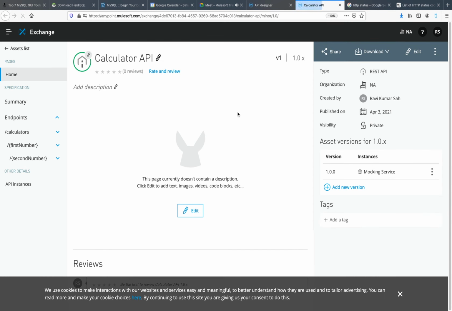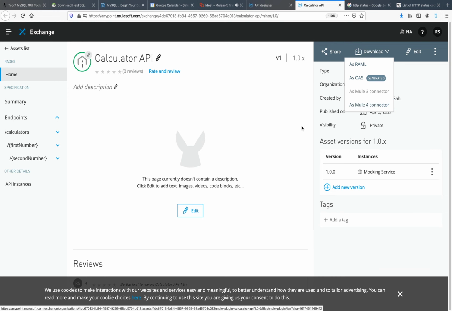Okay, click on this, and now we are on Exchange, and you can see all the detailed description of that RAML here also. If I want to download the RAML from here, we have a download option. We can download as RAML, as OAS, and we can download as a connector also.